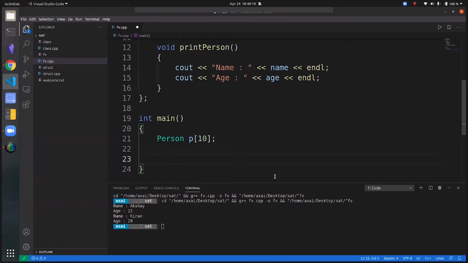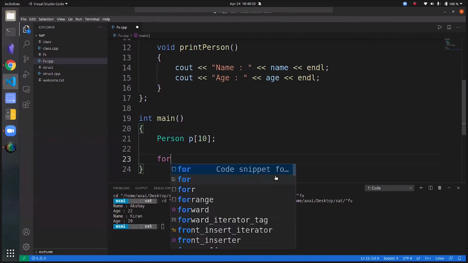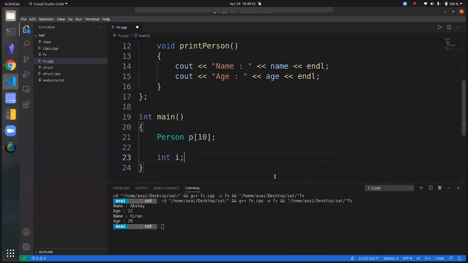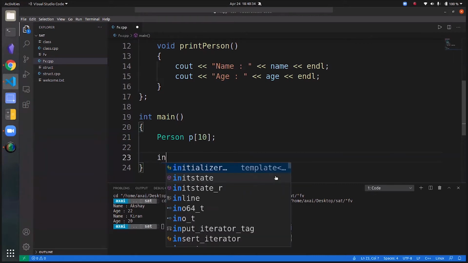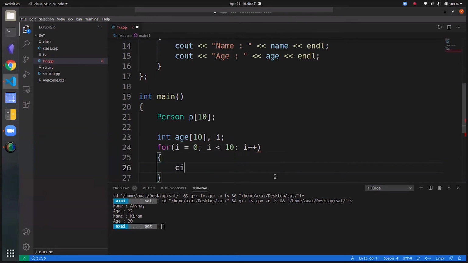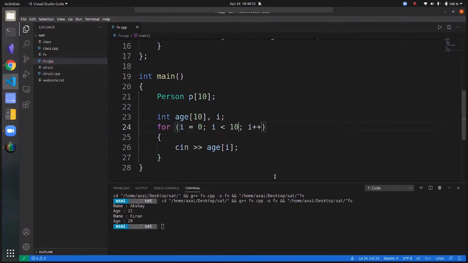So now if I wanted to read in the details of the first two people, I can simply read in the details like I would read in the details of a normal array. Let's say I have an array of size 10. Normally, I would go through all of the indices, and this is what I would do to input each and every single element of the array.